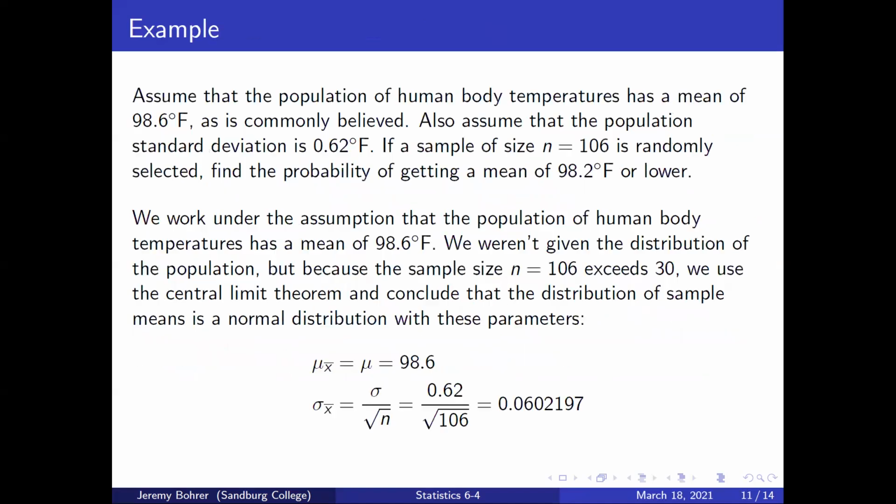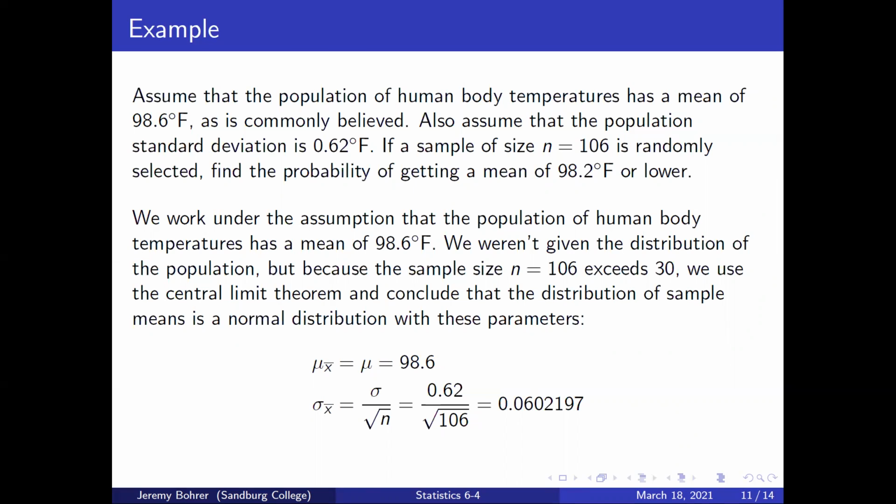Assume that the population of human body temperatures has a mean of 98.6 degrees Fahrenheit, as is commonly believed. Also assume that the population standard deviation is 0.62 degrees Fahrenheit. If a sample of size n equals 106 is randomly selected, find the probability of getting a mean of 98.2 degrees Fahrenheit or lower. We work under the assumption that the population mean is 98.6 degrees Fahrenheit. We weren't given the distribution of the population, but because the sample size n equals 106 exceeds 30, we use the central limit theorem